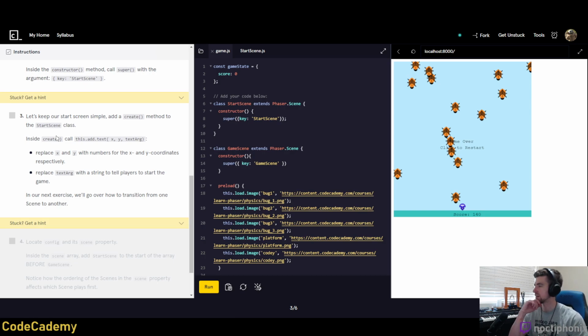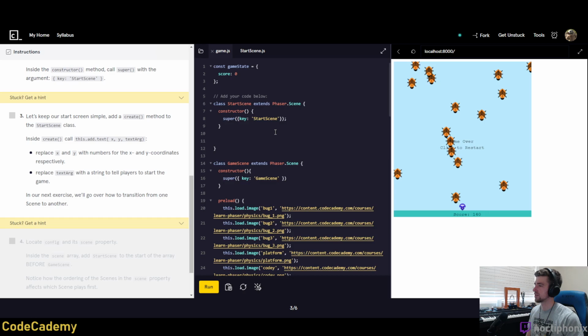Inside of this, add text. So replace the text argument with a string to tell the players that they are going to start the game. Okay. So let's think of a name for our little bug falling game, right? So inside of this, outside of the constructor, but inside of the class, we want to add a create method. So create,